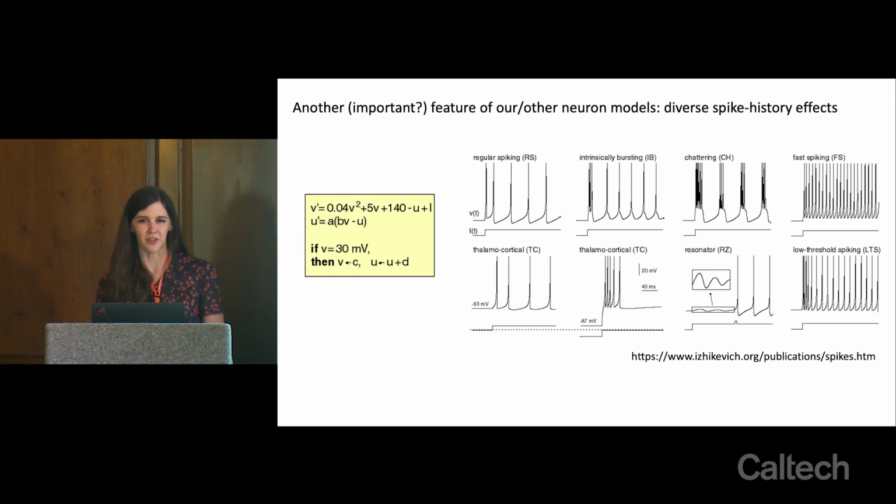By changing the balance of ion channels, you can achieve other patterns of firing. You can have intrinsically bursting cells that respond especially strongly to a step increase in input. You can produce chattering cells that produce a burst of spikes with a latency between them. Fast spiking cells, cells that only respond to the onset of an input and then stop spiking. And you can also create resonator cells that respond if they receive an input at the right time relative to oscillations of their membrane potential.